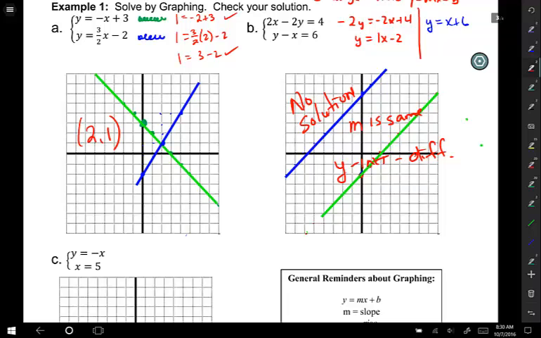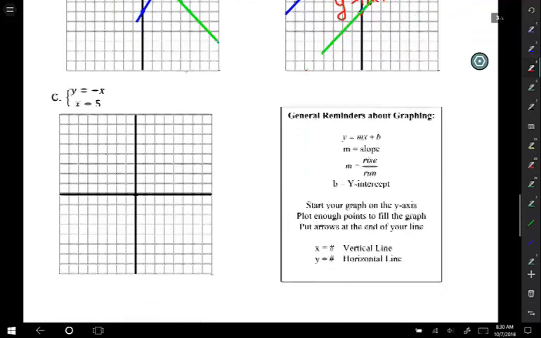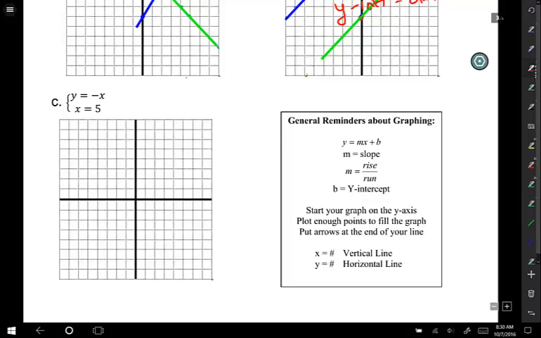All right, let's go down to C. I created C because sometimes when we have problems that are so straightforward, they actually end up causing issues. All right? On my first one, my slope is negative 1. My y-intercept, my b value, is 0. So start at 0 and go down 1 over 1. And put your dots. Draw our line